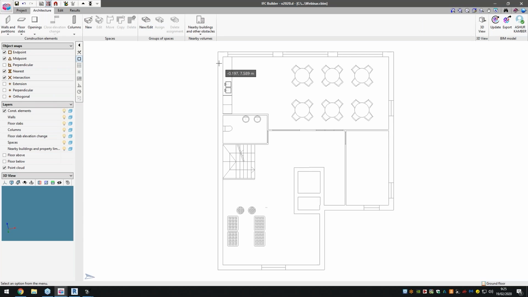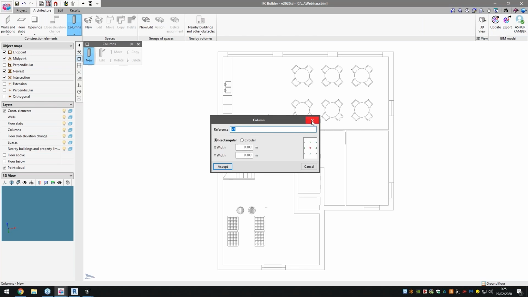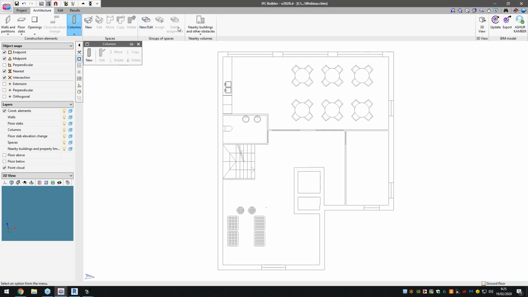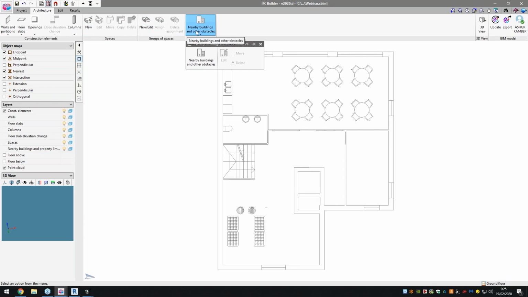What this basically does is once we've defined that space, we go into our different applications, such as, for instance, our energy applications, where we need to define different spaces as having different characteristics, and you can see where I'm going there. So columns, different shaped columns, groups of spaces as well, we can group them,